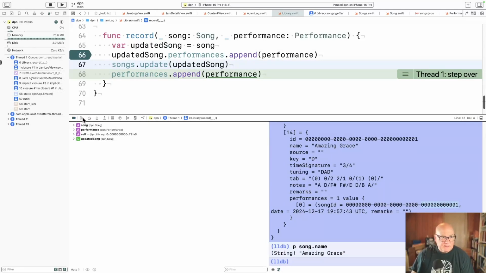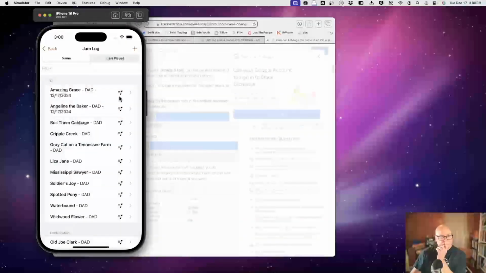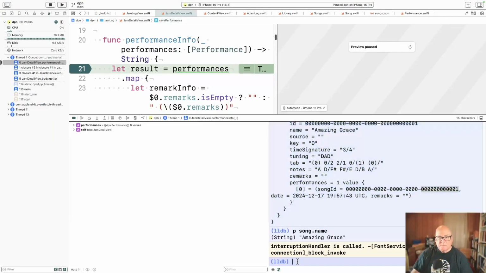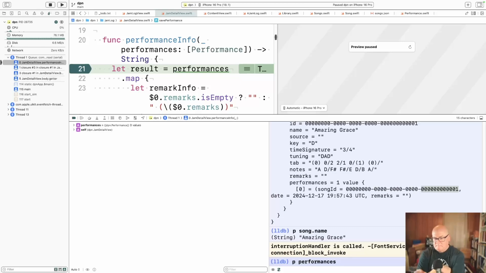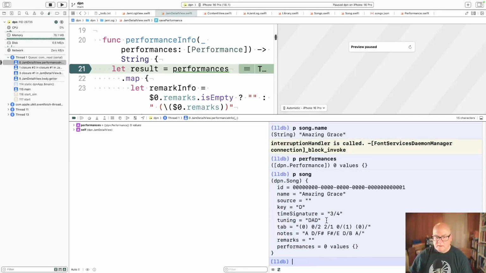So let me exit. Let me just go all the way out. Amazing Grace. And now in song details. Empty. And song is Amazing Grace with no performance data. So something didn't get saved.